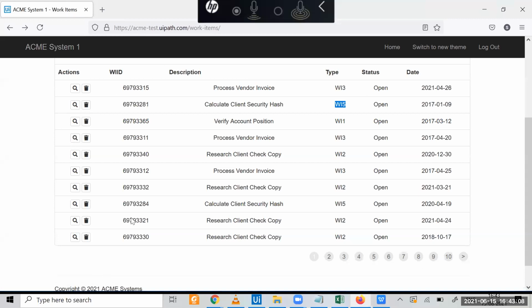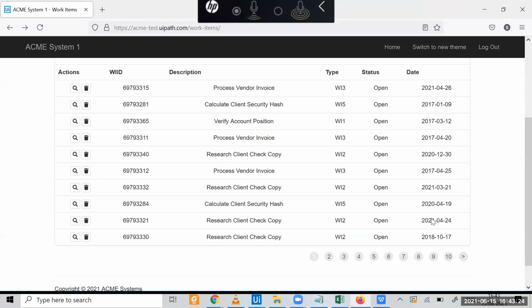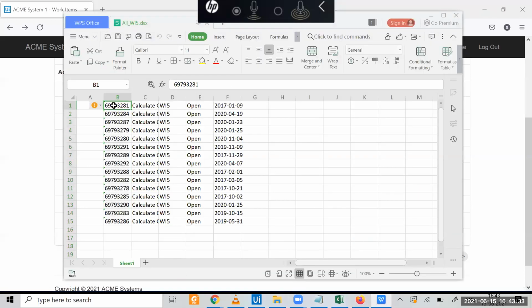So rather than doing that, we can do a very simple operation which will make it faster, right? If you look at these URLs, all of them are the same except their work ID number, right? So rather than searching WI5 in the browser, I will simply match these numbers, which are already stored in our Excel file from yesterday, right?